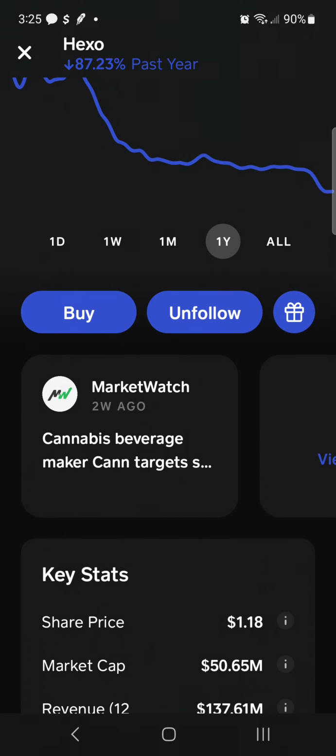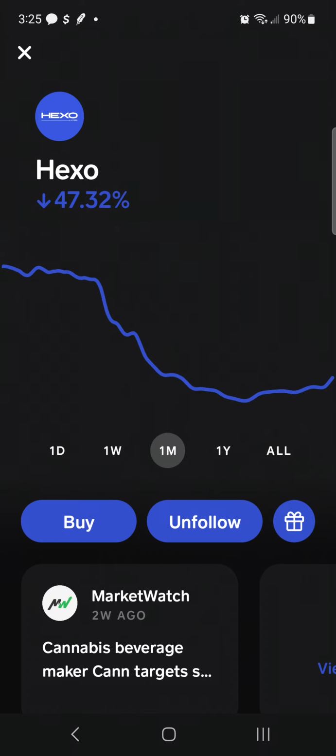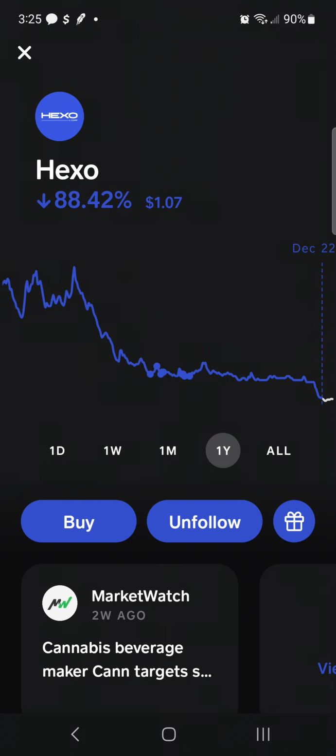And HEXO does bear fruit on a lot of occasions. It has done that. So let's look at, again, you have peaks and valleys, a major dip right here when we hit the bear market. But you still have peaks and valleys here. I know it doesn't really look like it. It looks like it's trading sideways, but this is a yearly graph here. So these peaks and valleys are pretty significant right here that you're looking at. And then you take another dip here before it comes back up. So what you want to do, man, I mean, if you wait for a significant dip and then you put in now,